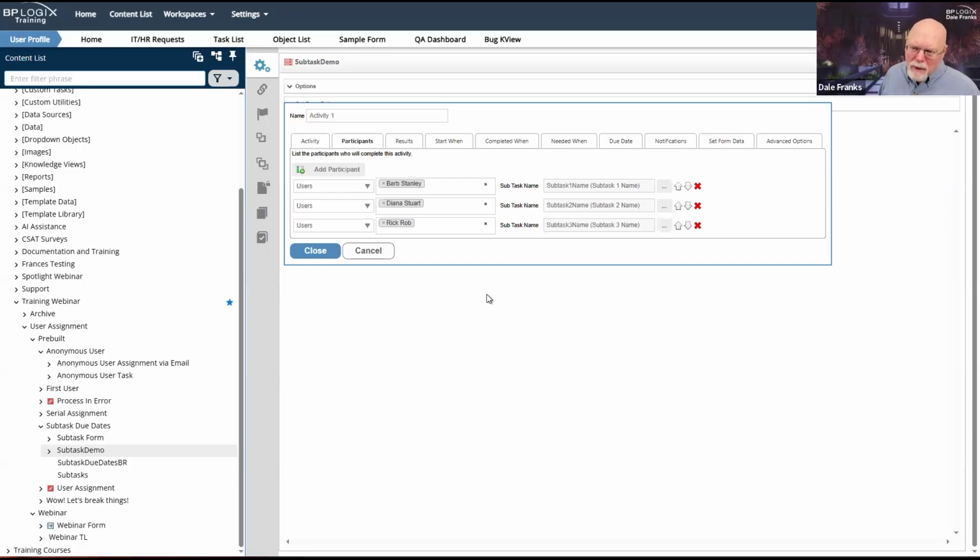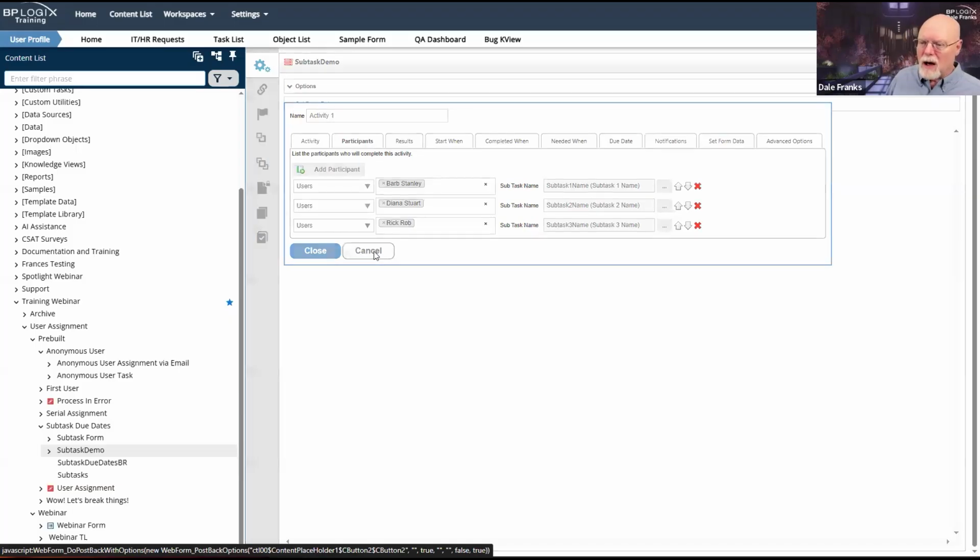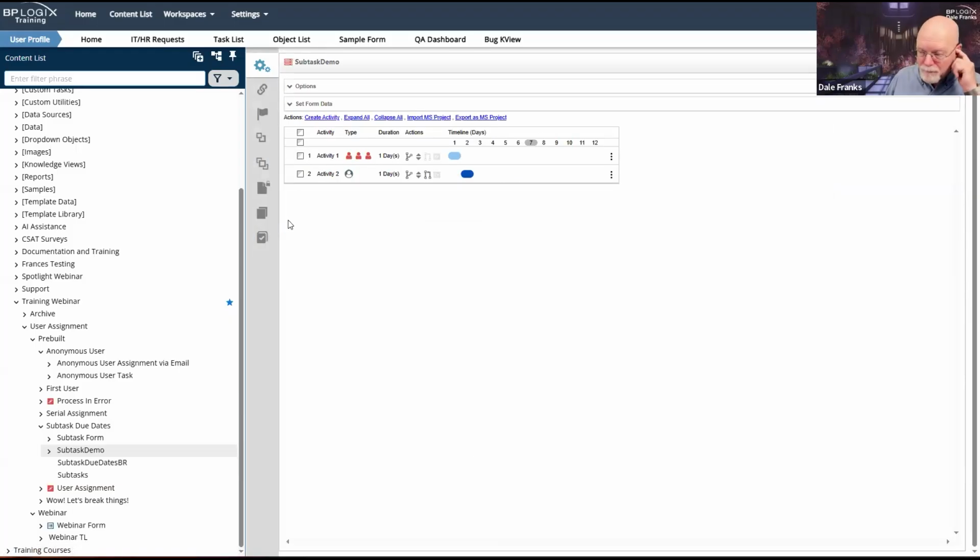I think we probably could improve this feature some, but even though it's available, there doesn't seem to be a lot of demand for it. Like I said, most people just tend to make these 3 separate activities rather than using subtasks, and that's fine. But on really long timelines, if you can compress three activities into a single activity, sometimes there are some advantages to doing that. And that is an option that is available to you.